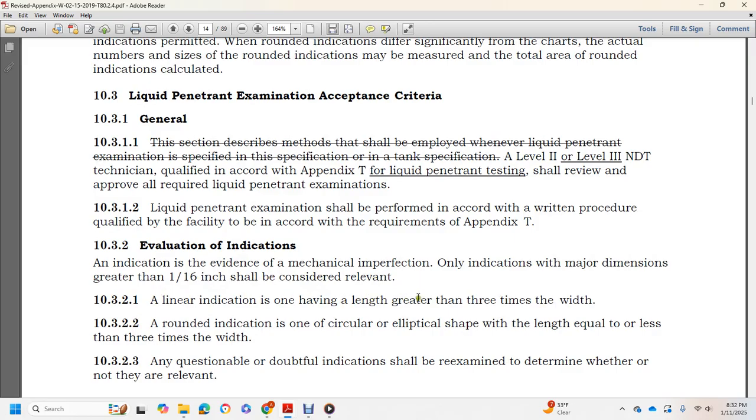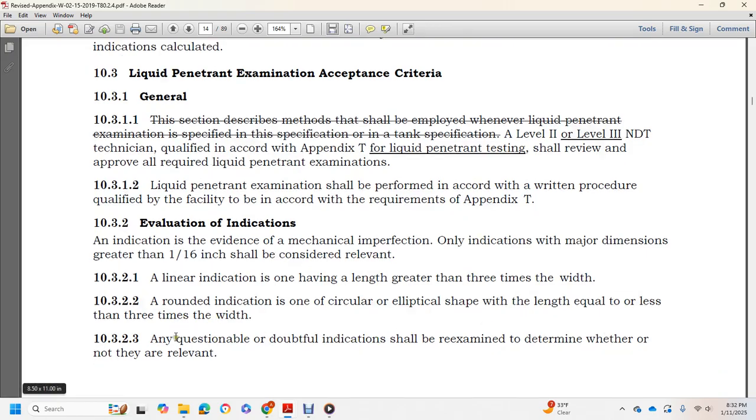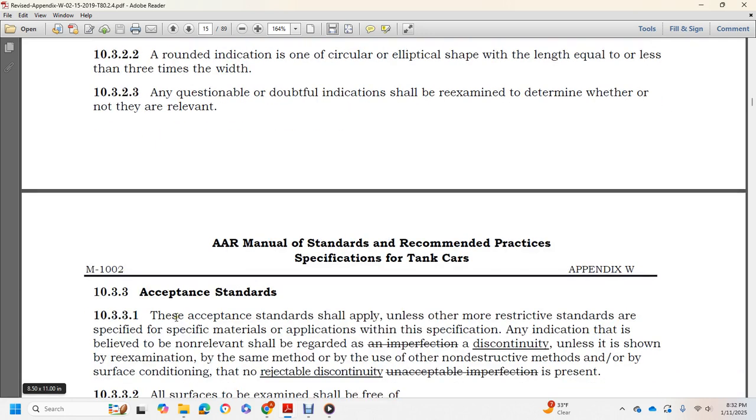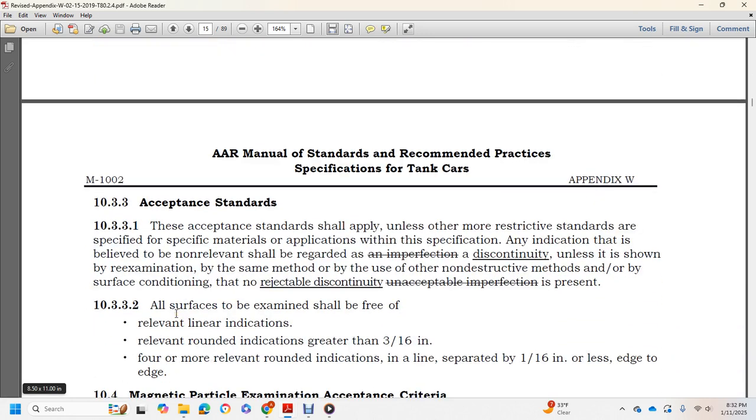A linear indication has a length greater than 3 times the width. A round indication is of circular or elliptical shape with a length equal to or less than 3 times the width. Questionable or doubtful indications should be re-examined to determine whether they are relevant. Acceptance criteria: the acceptance standards shall be applied with the most restrictive standards or the specific standard